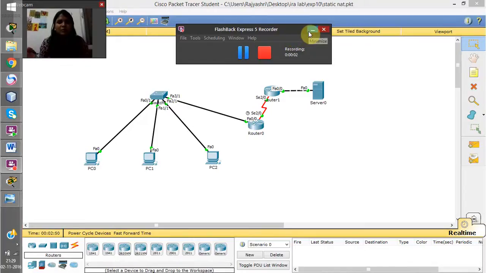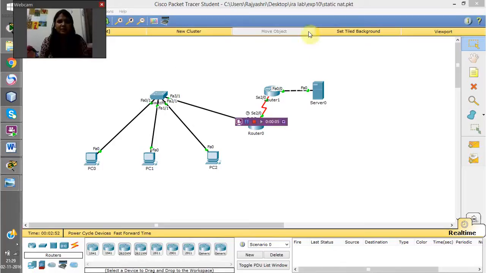Hello everyone, this experiment is regarding static NAT. Static NAT is nothing but network address translation configured statically. What we exactly do here is we need to configure the NAT in all the routers. So here we'll configure the NAT in router 1, and we need to assign the IP addresses to all